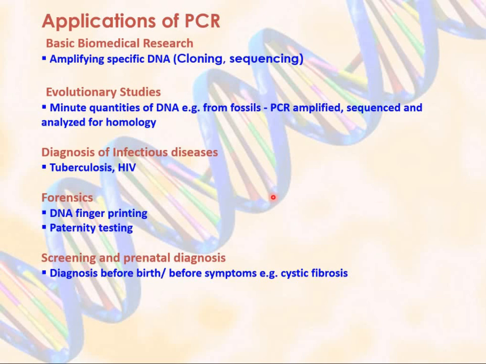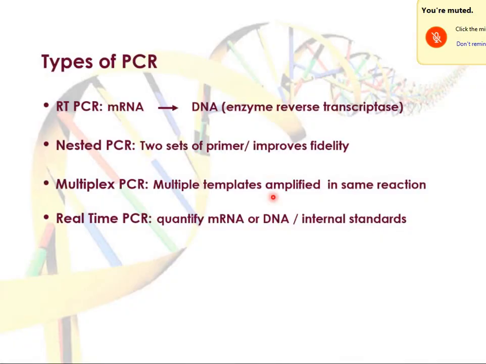Jivesh has asked, please explain the types of PCR. See, the normal steps of the PCR are clear to you, I think. What do you do? You want to amplify a particular region of your interest. You take that DNA, you have your primers, design it. Once you design it, you get it synthesized commercially. Then you have your setup, in which you take a small plastic thin-wall PCR tube and put in your DNA, your primers, Taq polymerase, buffer, dNTPs, and then you amplify that. So the region of interest will be amplified. That is a simple PCR.